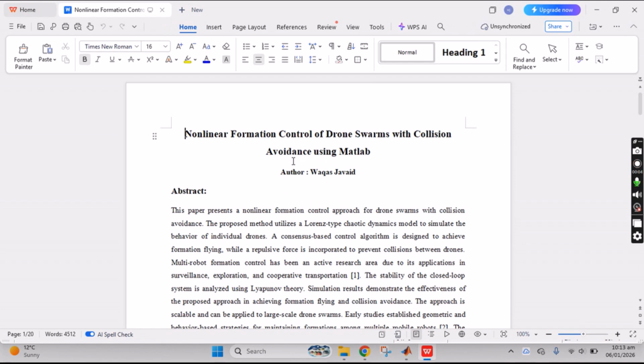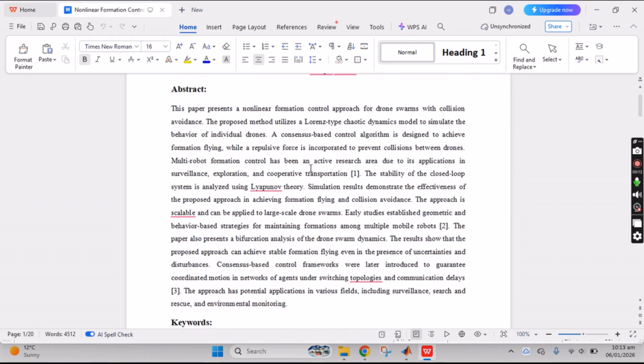So this article is related to nonlinear formation control of drone swarms with collision avoidance using MATLAB. In this article, basically, I have just used the scientific method, which is basically Lorenz-type chaotic dynamics. Lorenz was one of the scientists who proposed the collision avoidance behavior of the individual drones, and the consensus-based algorithm